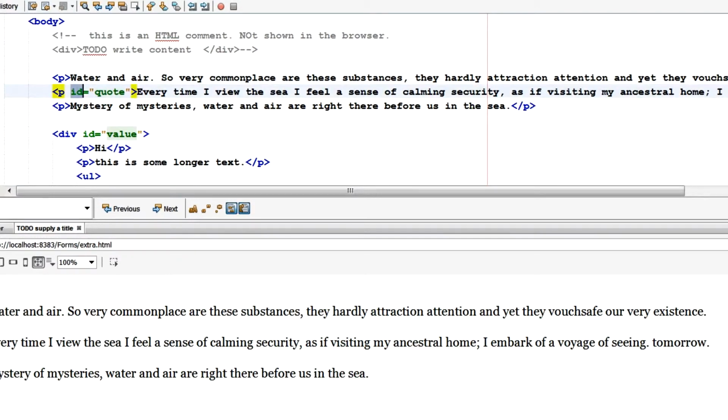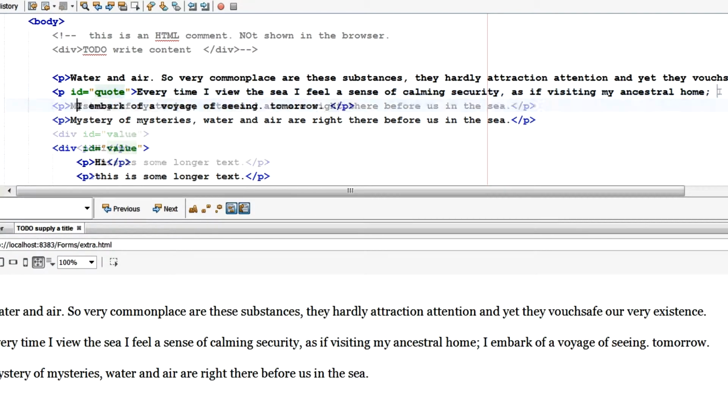So what does this do? This identifies this tag. So we have quote here, and this one is going to end. Where's this one going to end? Make it easier to read. It's going to end right here. So see how NetBeans highlights these? Okay, so remember this one's id quote, and here we see another tag, extra markup, id equals value,